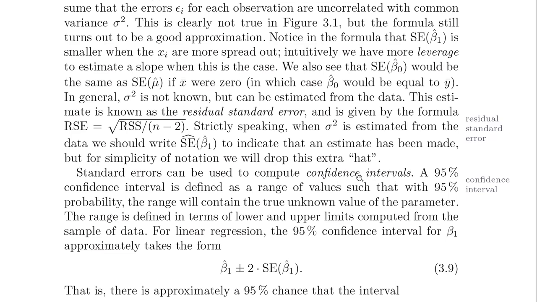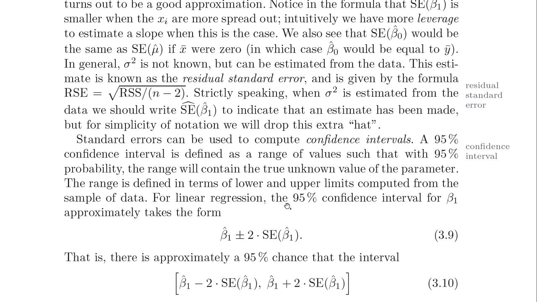It is the actual terminology, in fact, confidence intervals. The interval will contain the true unknown value of the parameter. This is what we said earlier. The interval is defined in terms of lower and upper limits computed from the sample data. This is when I drew those orange arrows and I drew an interval. For linear regression, the 95% confidence interval for beta 1